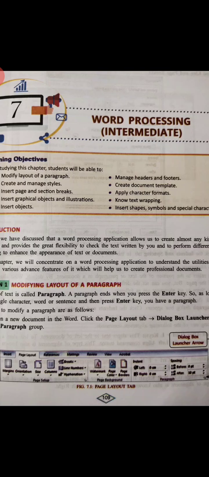Now next is paragraph alignment. Alignment is nothing but the position of text or paragraph in a document. By default, Word aligns text to the left of the page. So remember that by default, without making any changes, it is on the left of the page. You can set the position of text by clicking any of the given alignments. You have to know that. Again, the same thing: Page Layout, then from the Paragraph group you have to click on Indents and Spacing.